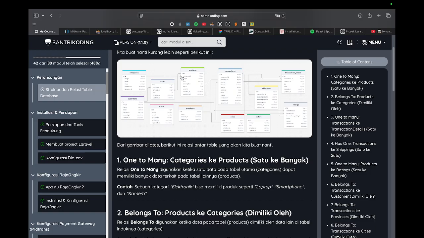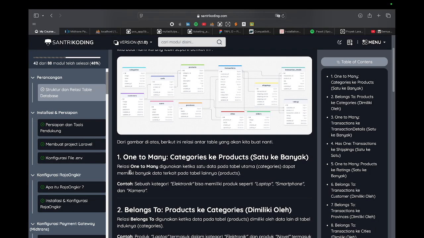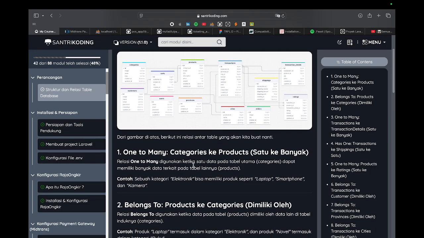A one-to-many relation is used when one data in the main table, categories, has many data in other tables, like product. That's one to many.